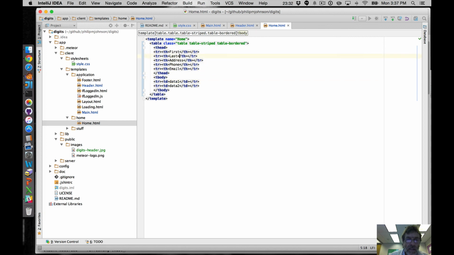And then the body, oh wait, except it's not. It's all in one row, not a whole bunch of separate rows. First, shoots, that wasn't that. Okay, so TR, TH, okay, right. So the first, last, address, phone, email, that ends it, and then the T body, we're going to